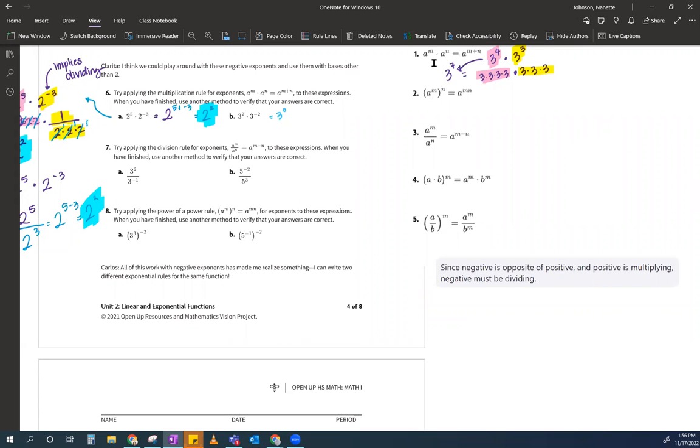Would you be able to show me a different way? Because they asked for 2 different ways to tell me this. Yes, because we add the exponents. Perfect, perfect. Okay, so this way here was because 3 to the 2 minus 2 is 3 to the 0. Very good. Another way to come up with this answer